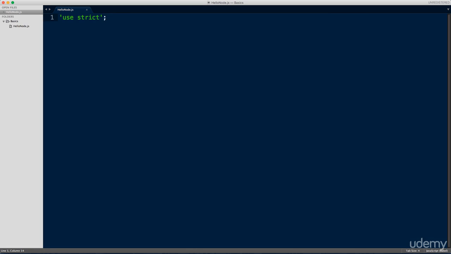The use strict expression enables a restricted mode of JavaScript that intentionally prevents bad coding practices and eliminates the use of mistakes that result in inefficient code. So ideally, put this expression on the first line of every JavaScript file that you write, and you're off to a better start already. Here in Node, and at the time of this recording, the use strict expression does something more. It enables the use of ES6 features that Node.js supports out of the box. In the future, you should not be explicitly needing the use strict expression. However, as a better coding practice, always prefer using it.